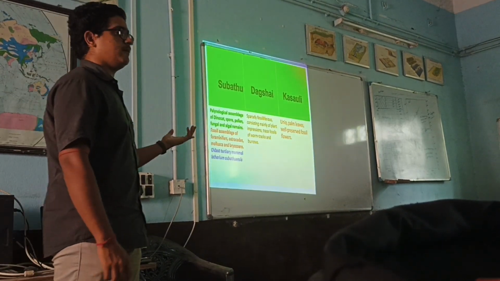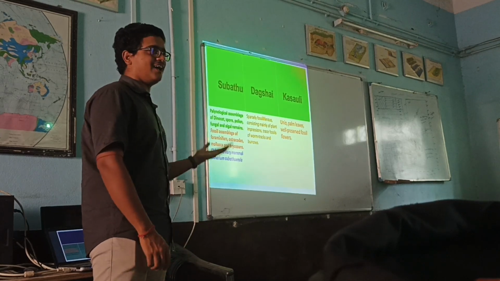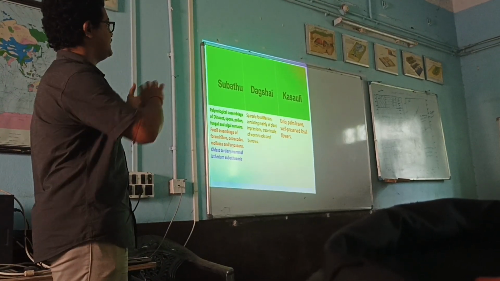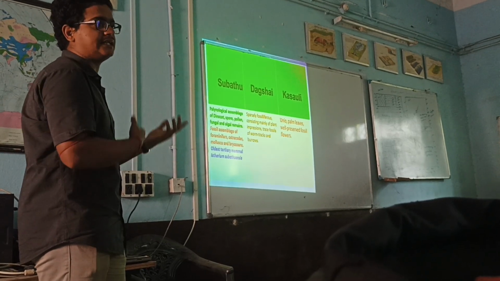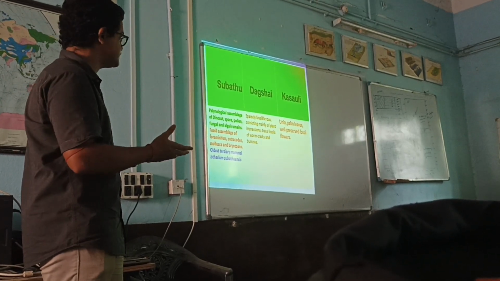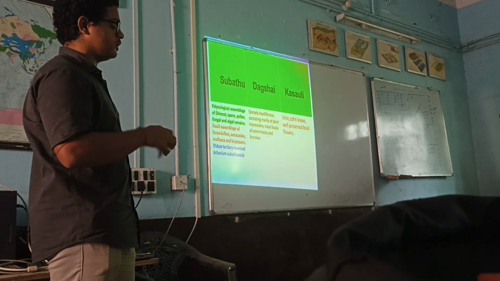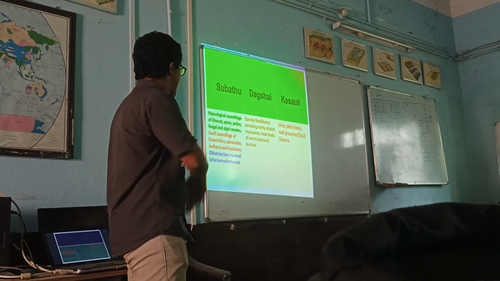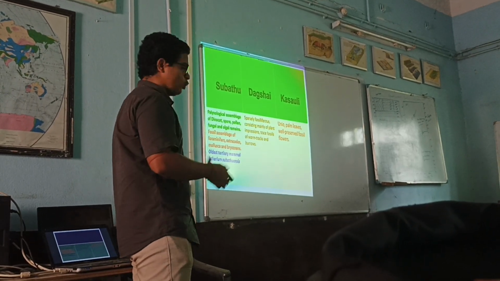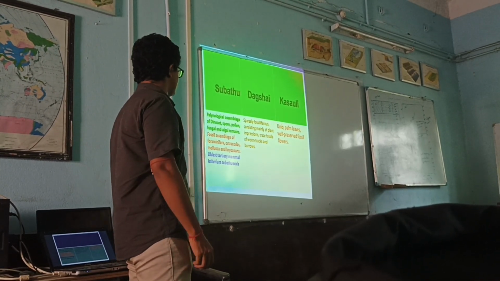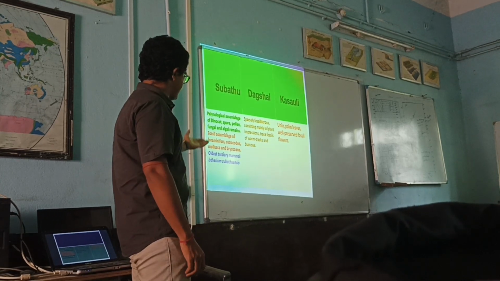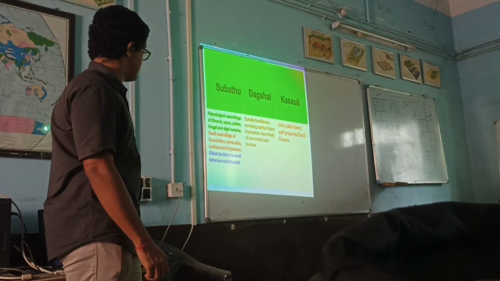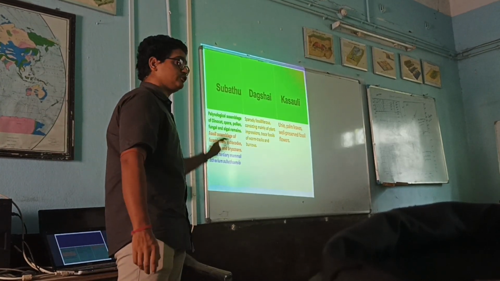Now let us look at three formations, Subathu, Dagshai and Kasauli of Himachal Pradesh. We will see how these three formations differ in fossil assemblage and tectonic formations, and then we will try to decode their time period. We see in the Subathu formation a palynological assemblage, that means spores, pollens, dinoflagellates. These can be found besides foraminifers, ostracods, mollusca and bryozoans. Also, the oldest Tertiary mammal, Indobunodon subathuensis, was also found in this